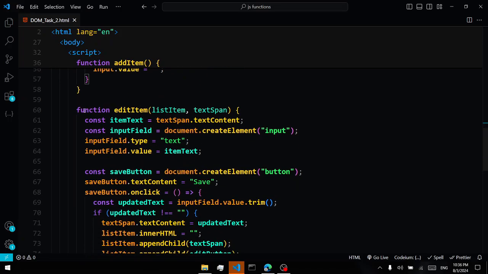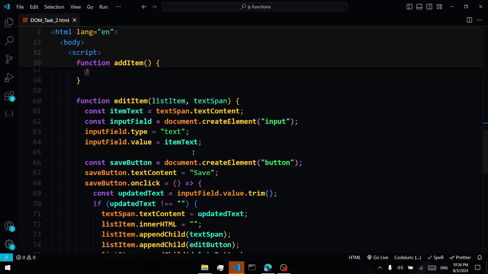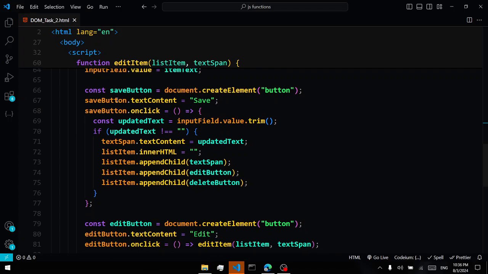Now the edit item function is called when we click the edit button. So when this function is called, it will first set the item text variable as the content of the span element, which we have appended in the list. And it will also add one input element in the list, and it will have type text, and its value will be the same as the span element. We will also define one save button, which when clicked